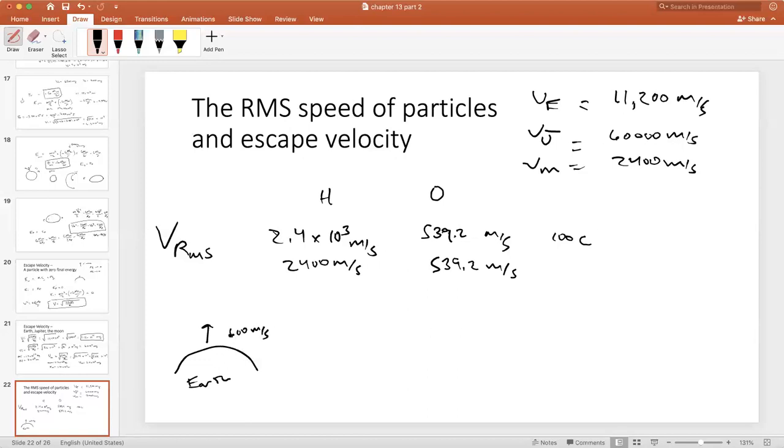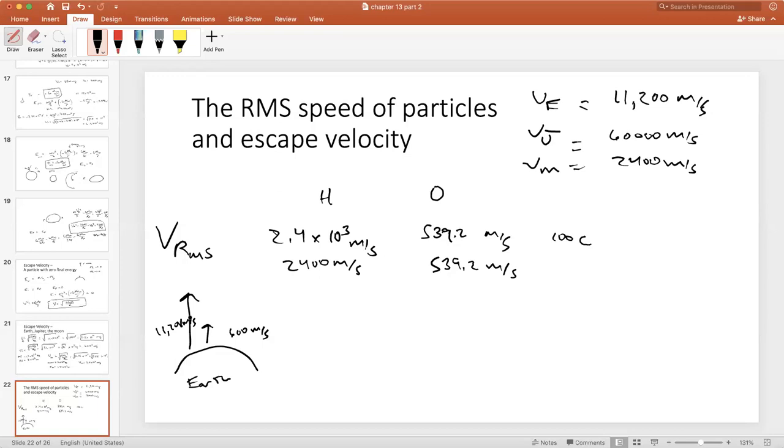Earth's gravity will pull me back. However, if I launch at 11,201 meters per second, I will get away forever. If my initial velocity is 11,201 meters per second, I'm gone. So things that need to be launched into space have to be launched fast enough to get away from the